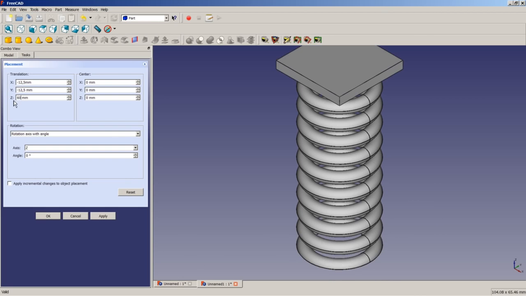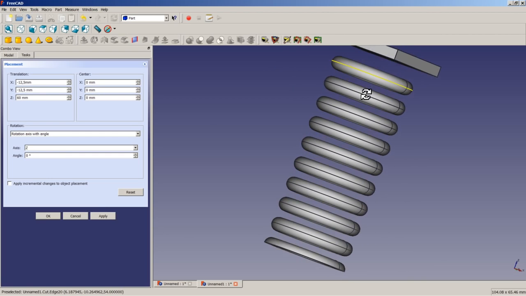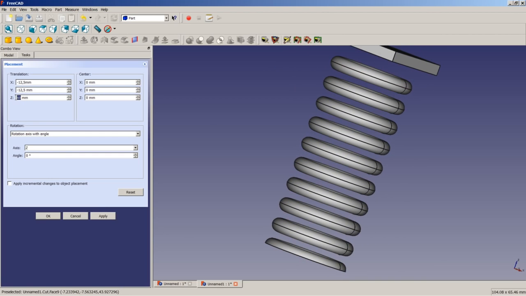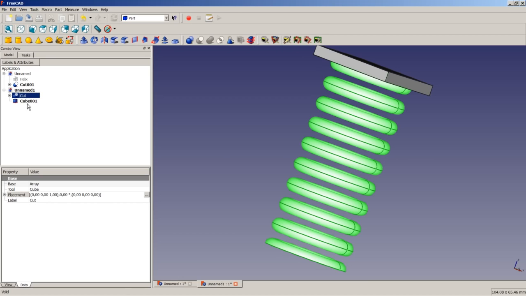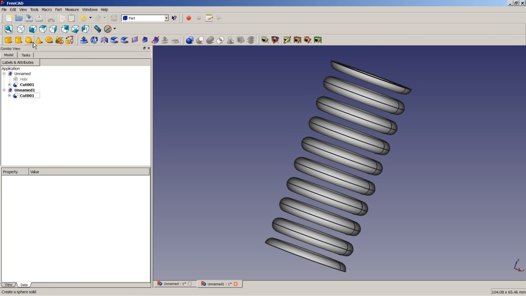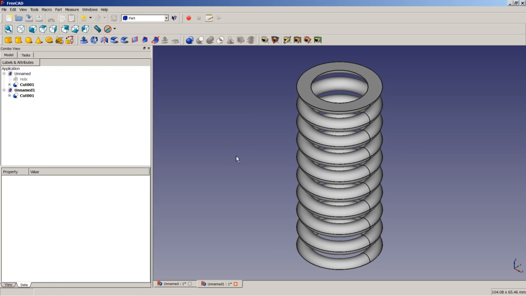And Z should be 54 millimeters in that case to be correct. And when we multi-select the cut and then the cube, do Boolean cut,